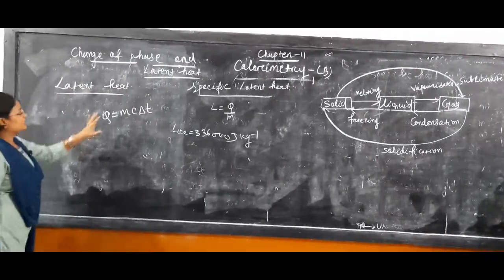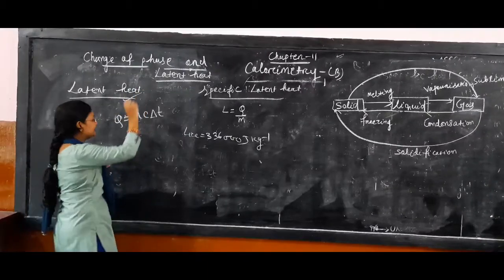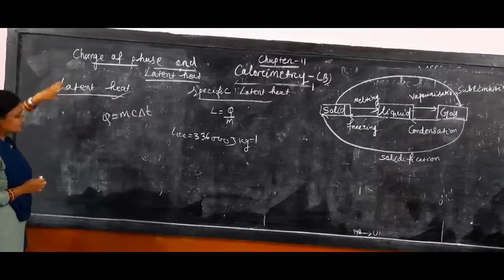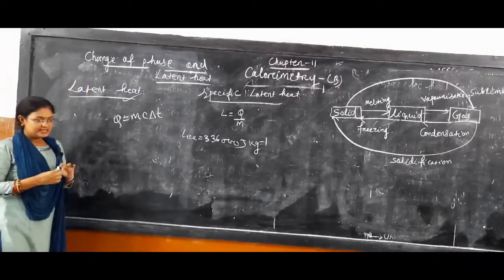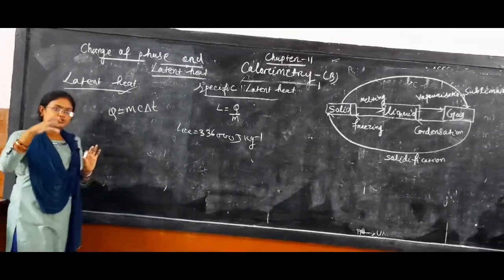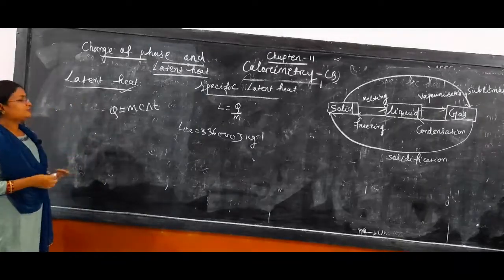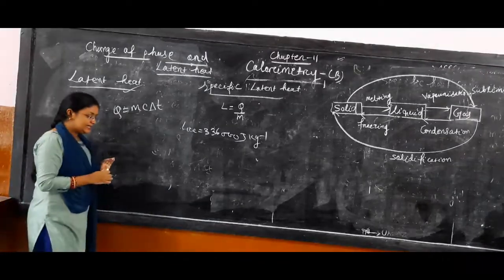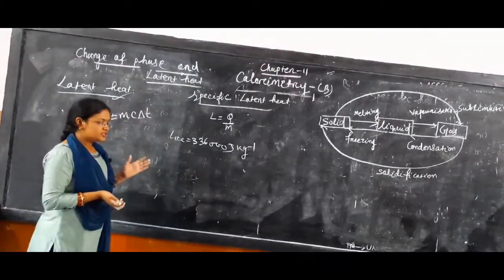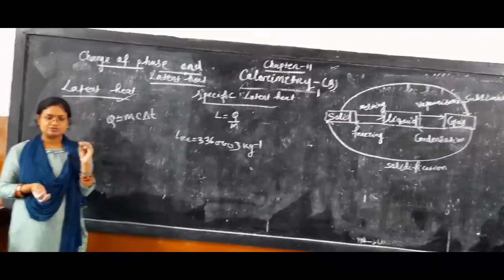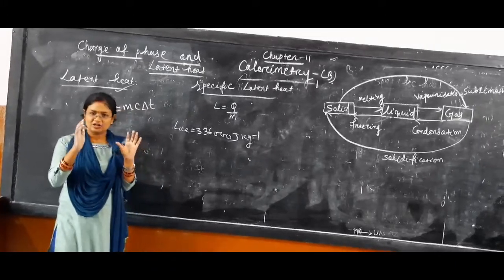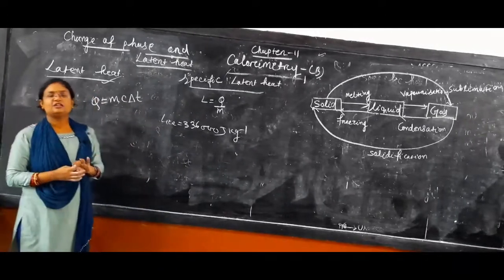Okay. After that, we will see latent heat. What do we mean by latent heat? The dictionary meaning of latent is hidden heat. That means the heat which stays hidden inside a body is latent heat. So what is latent heat, how does it work, and what is the function of latent heat? First, latent heat is used in the case of phase change. When a phase change occurs, only at that time does the latent heat concept apply.